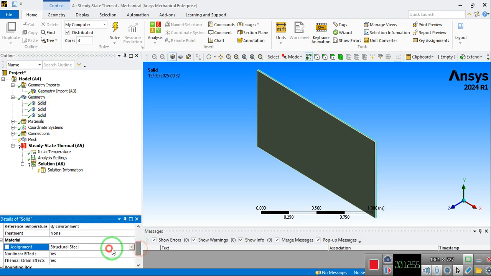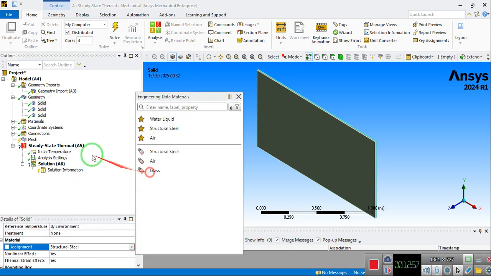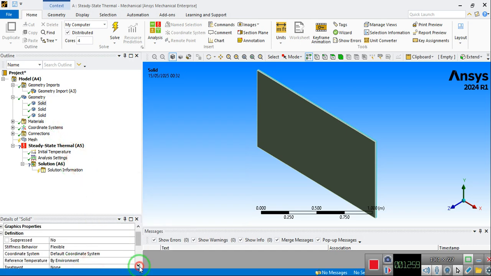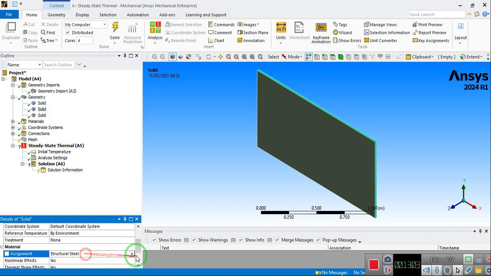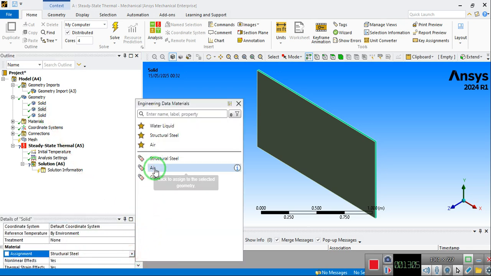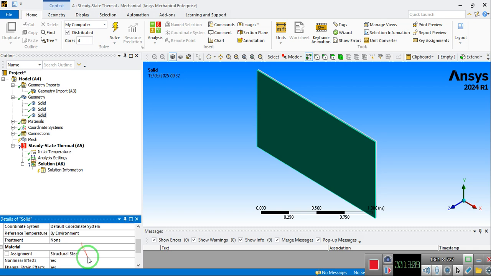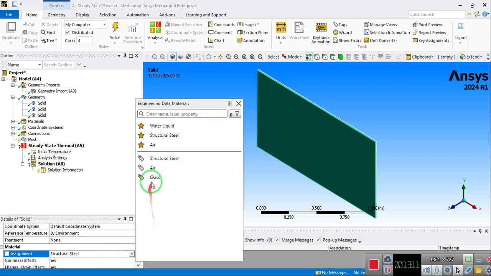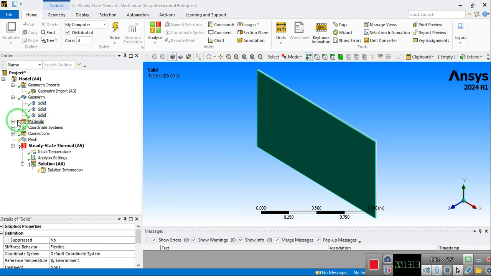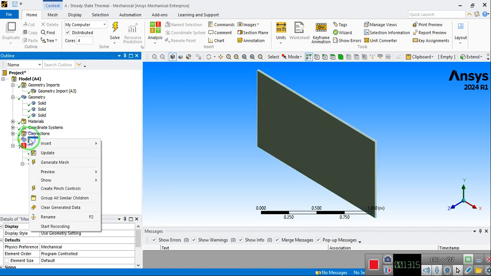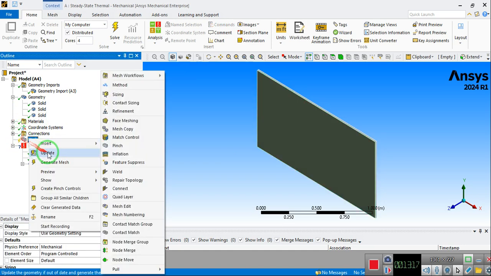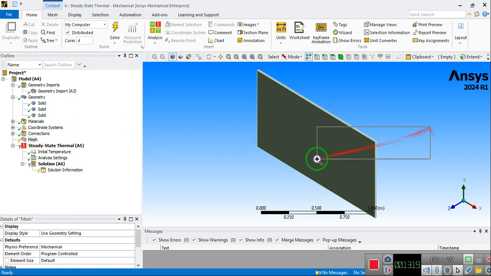Okay, it's glass, so just specify the glass here, and for the second body it was air, the middle layer was air, and the third one was also glass, so I will select the glass here. Okay, for the mesh, just select the mesh here, and then okay, you see that these are the 3